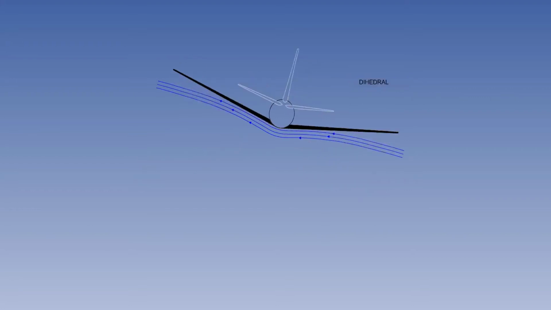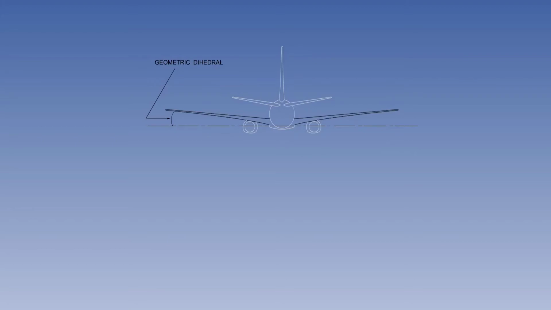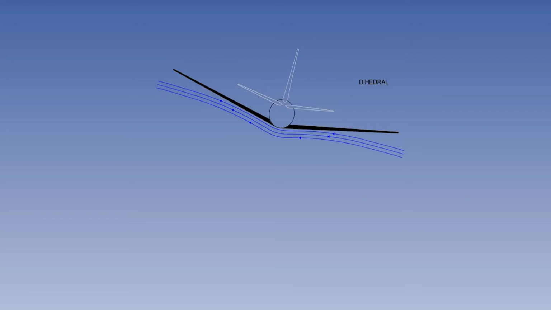The designers can reduce the unstable contribution of a low-mounted wing by fitting the wing on the fuselage at an angle. This is called dihedral, the upward inclination of the wing from the horizontal. Let's see how dihedral reduces the unstable contribution of a low-mounted wing. It is clear that dihedral removes the wing from the influence of the airflow around the bottom of the wing fuselage junction,